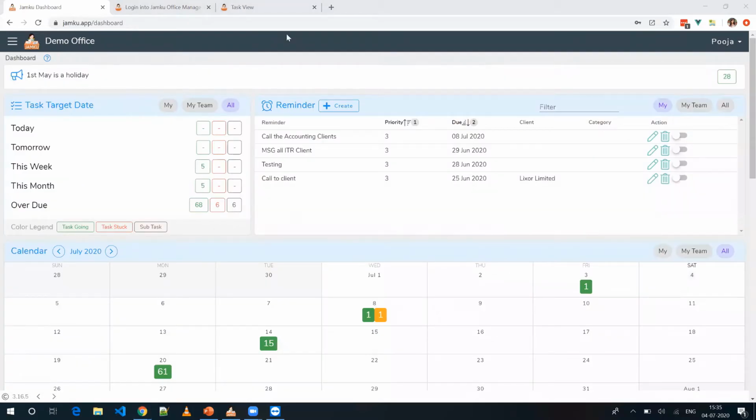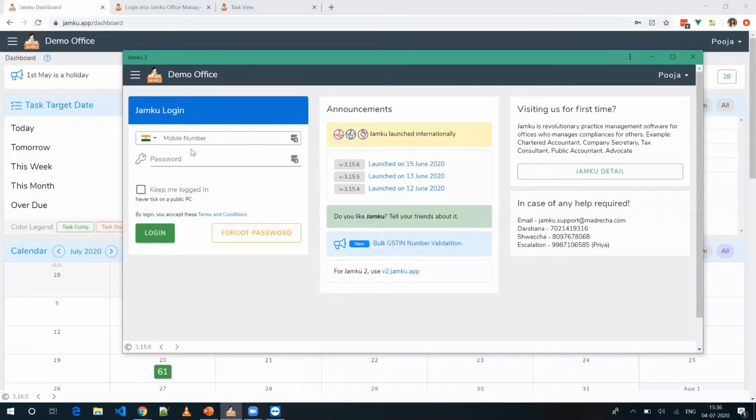Now there is another method. Here you are coming to the browser and logging in, but we suggest you download the desktop app so that you can operate directly from your desktop. You don't have to come to the browser again and again. The links for downloading it on your desktop as well as on your mobile phones have already been shared with you. This is how the desktop app will look. It will be pinned to your taskbar, and you can log in to the desktop app. If you mark yourself as simply logged in, it won't ask you for the user ID and password again and again. So you can use the desktop app as well.